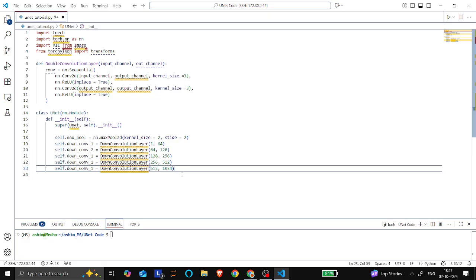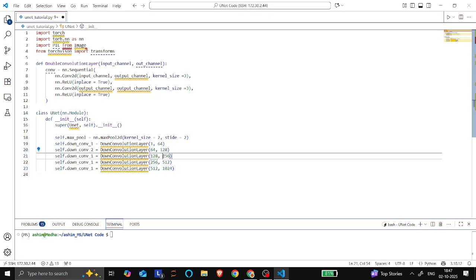Okay, so this says that at each step the number of channels doubles from 64 to 128 to 256 to 512 and then 1024 and so on. This is the contracting part of the U-Net where the spatial dimensions get smaller but the feature maps increase. So mainly we extend these features by decreasing the image size. Okay, so the next step,